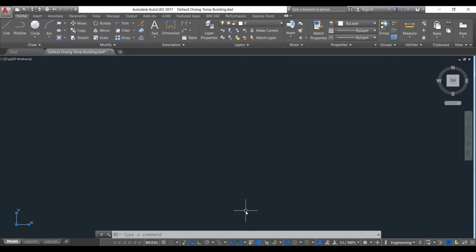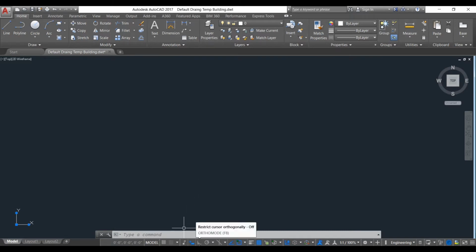At the bottom, here are some things you need to know, like this is our ortho. If you turn on your ortho, whatever you draw maintains a 90-degree angle. If you turn it off, then it doesn't maintain a 90-degree angle. So whenever you need to draw a right angle, you must turn on this feature.